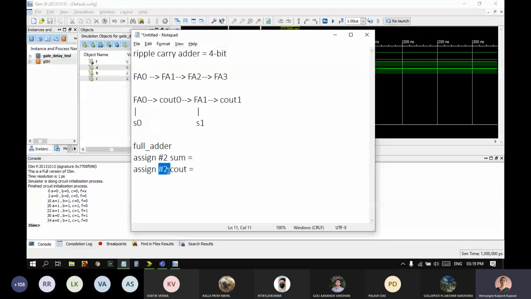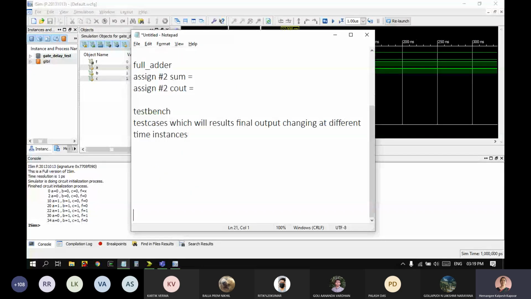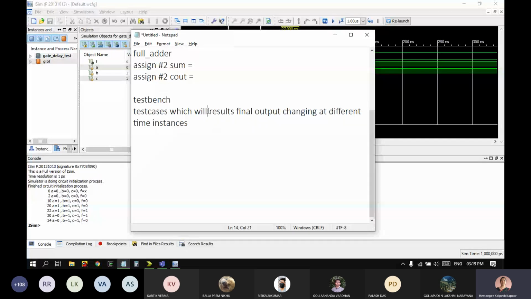But the main work is in the test bench. So in the test bench, you have to write the test cases, which will result in the final output changing at different times. So the main work is to design good test cases and show that the final result of the output will change at different time instances.